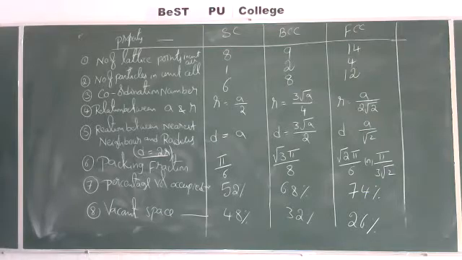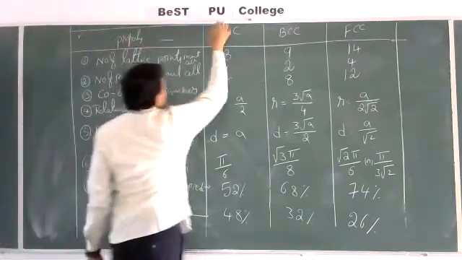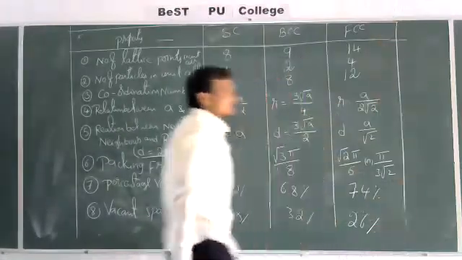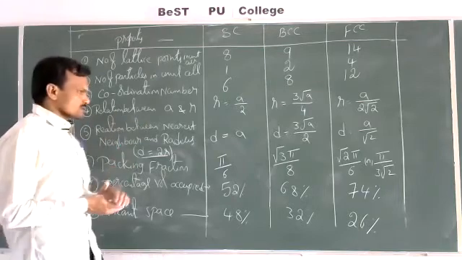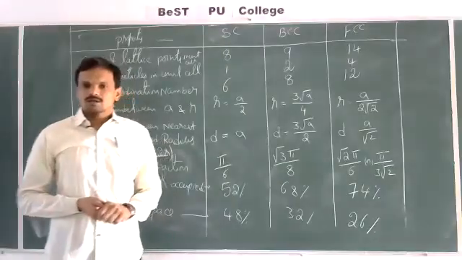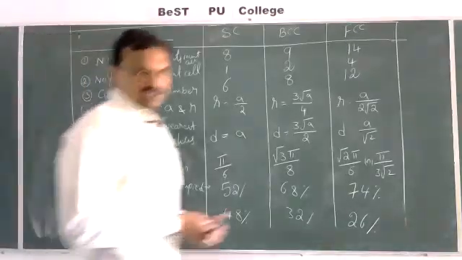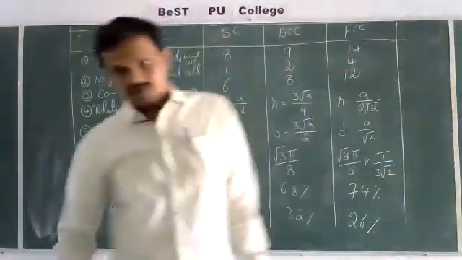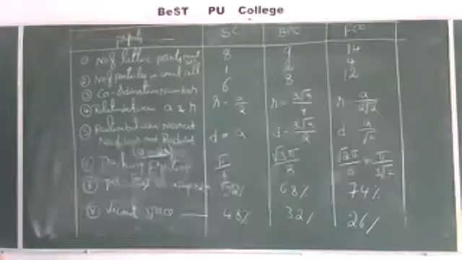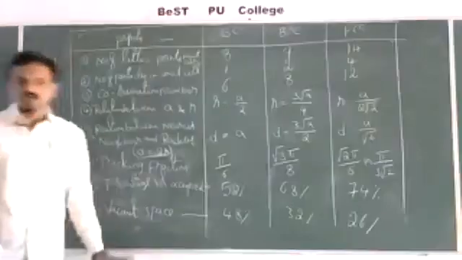So this is the total information about the simple cubic lattice, BCC lattice and FCC lattice, whatever was discussed in the last 2-3 classes. Number of lattice points, number of particles in unit cell, coordination number, calculation of number of particles in unit cell, relation between edge length and the radius of the constituent particles, and then the nearest neighbour distance, packing fraction, the percentage volume occupied by the constituent particles, and 1 minus packing fraction gives the vacant space.